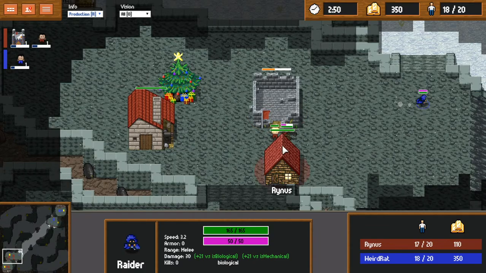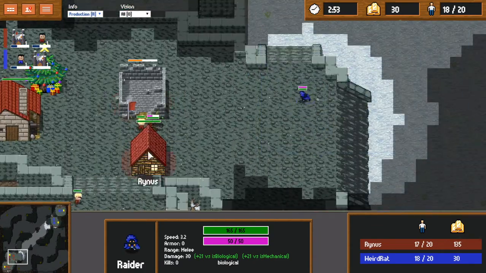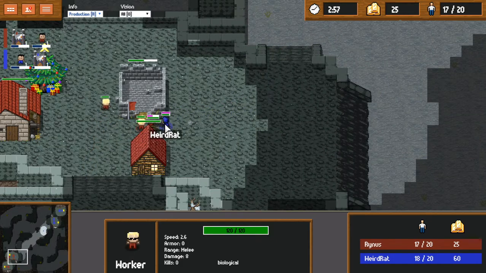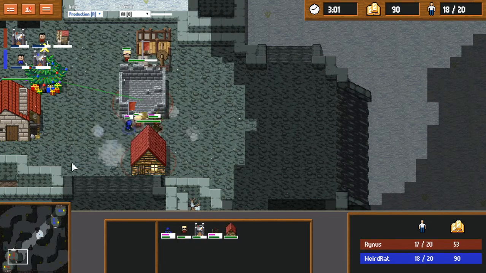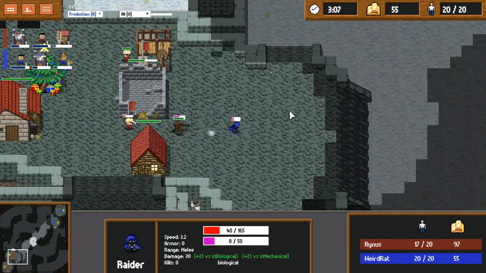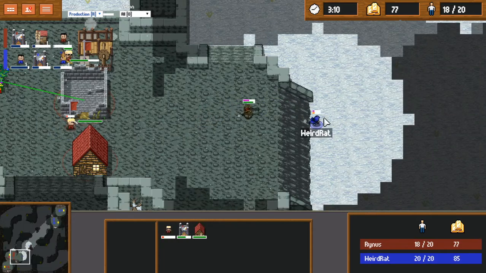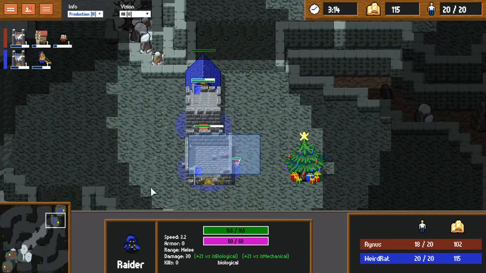as well as a worker starting on the second base. This is pretty good defensive positioning, because if this raider decides to go in for some harassment, this worker can go off the castle here and start repairing. And so it looks like WeirdRat is going for a little bit of offense in that regard, really trying to go for that worker. I wonder how he'll be able to micro that